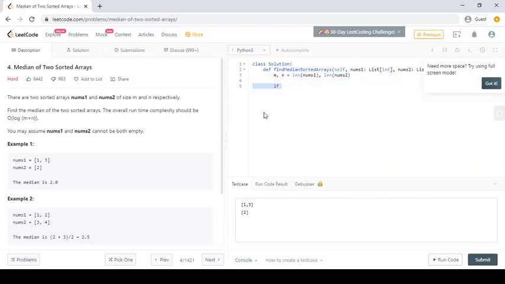Now we will switch the arrays, because we'll keep the shorter array as nums1. If m is greater than n, then we switch the variables nums1, nums2 and m, n.